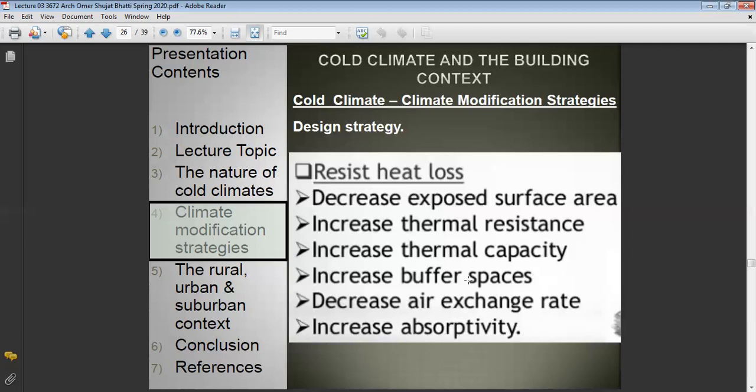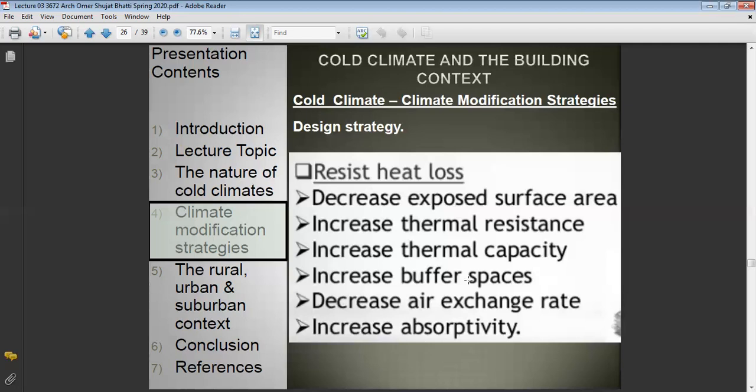But that has to be done. Otherwise the pathogens are going to grow inside, the molds are going to grow inside, and they are going to have impacts, and they will lead to health issues, like breathing disorders, skin disorders, or irritation in the eyes. Those can be increased. Increase absorptivity, that means you are going to increase those areas which can absorb the solar